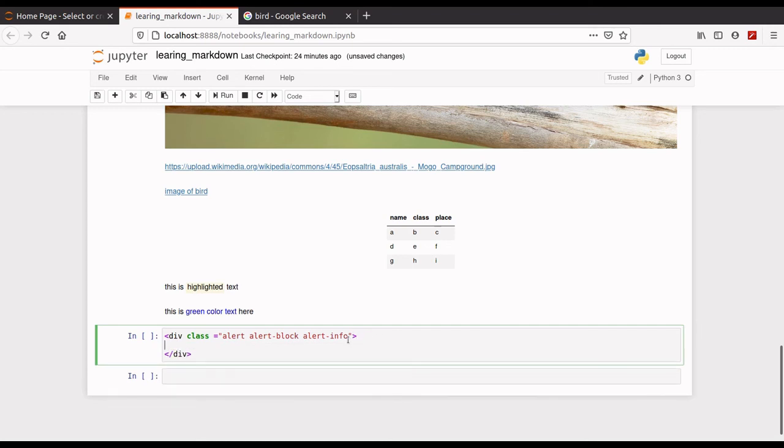So let's write text under this div tag. This is a colored box.